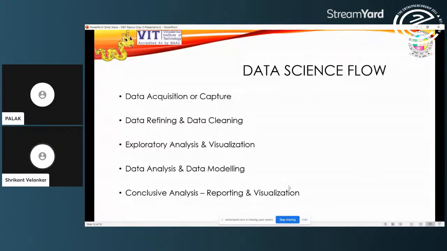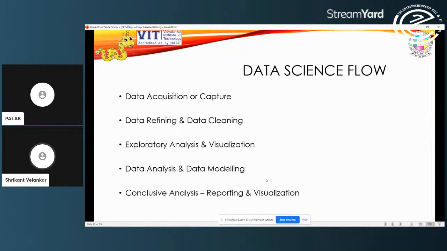Then the actual data analysis is carried out by modeling the data to a statistical or mathematical model. Generally, engineering data can be built into a mathematical model, but data which comes from varied sources, or the big data which is coming, normally has a certain degree of randomness in it, and it doesn't get directly fitted to a mathematical model.